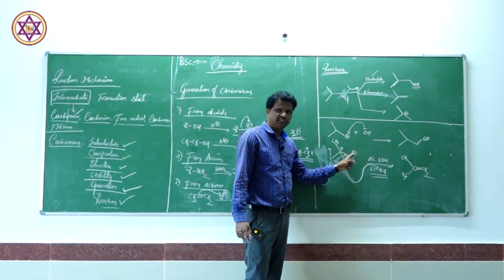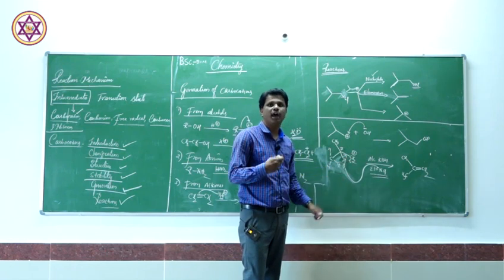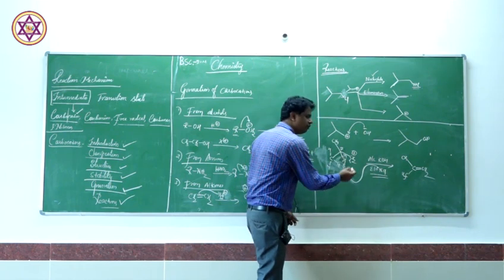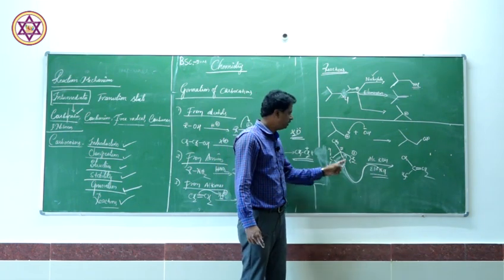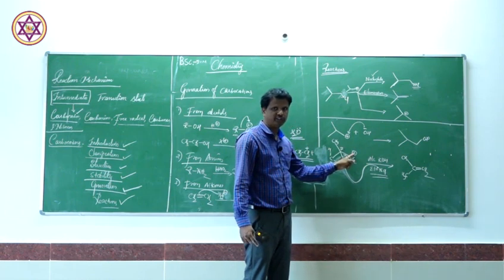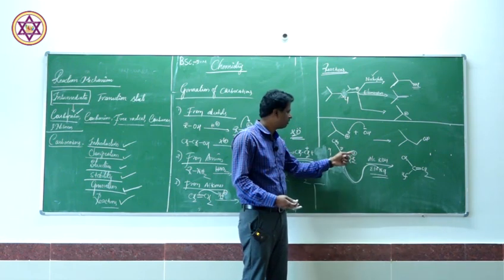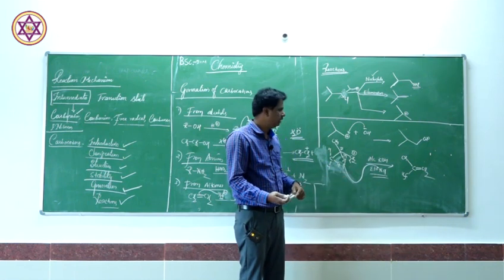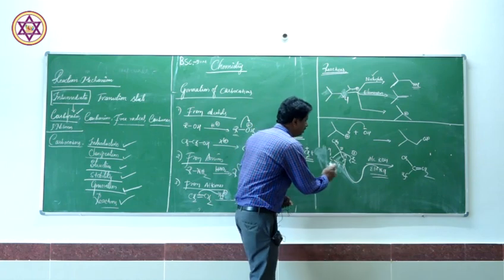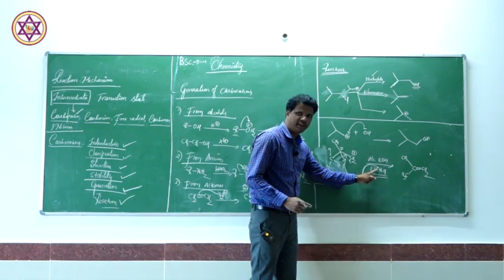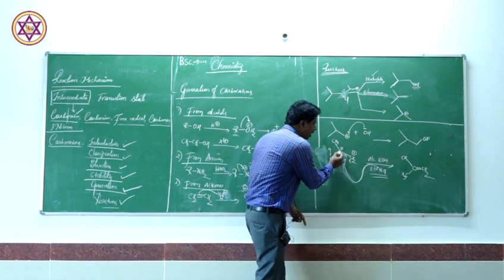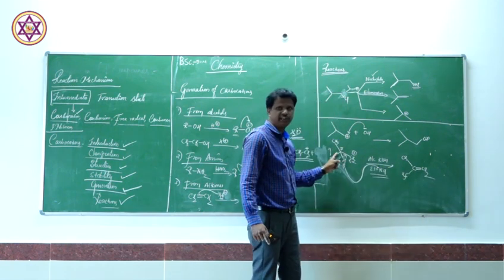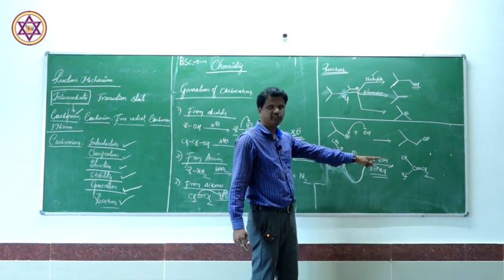I have written a positive charge here. Let us assume that it is a dehydrohalogenation reaction: hydrogen from the beta carbon and halogen from the first carbon atom. Just to show the carbocation, I have written the positive charge here. So before the formation of the carbocation, there was some halogen atom or leaving group present there. That is the assumption. Now, did you understand? If you add a base instead of a nucleophile, it takes up the beta hydrogen atom, leading to the formation of a double bond. A hydrogen is eliminated from the molecule: an elimination reaction.